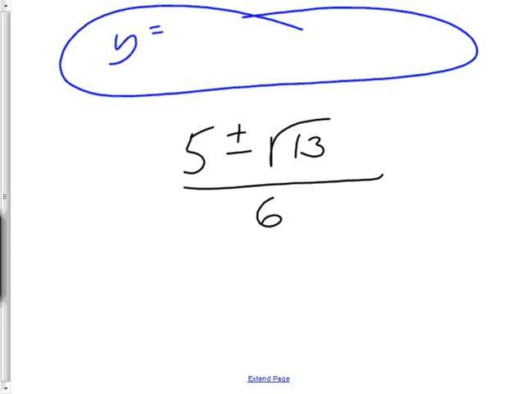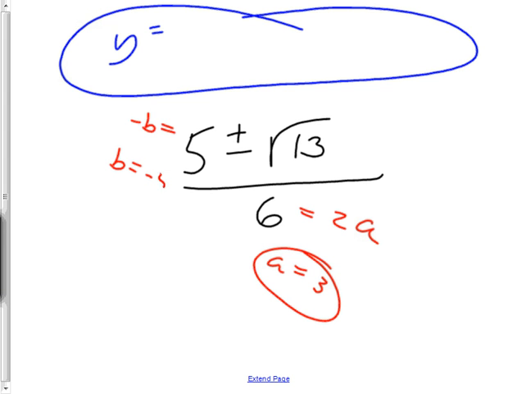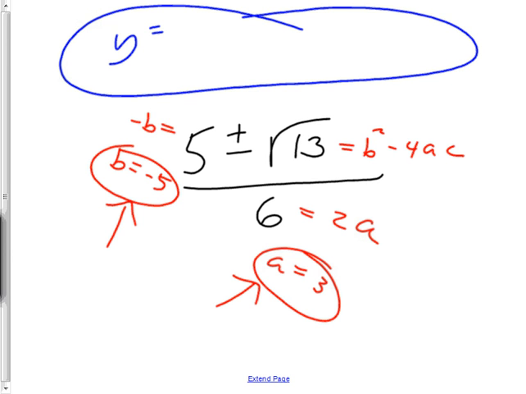Okay, here's what you should have done. This is negative B. This is 2A. Do you get those little equations? So this is really A equals 3. Yay, I got that done. This is really B equals negative 5. Got that done. I solved my 2 little equations. Here's the third equation. The stuff underneath there is B squared minus 4AC. And now I know A and I know B. So I go like this. 13 equals B squared, which is 25, minus 4 times A, which is 3, times C. All I did is stick in my numbers